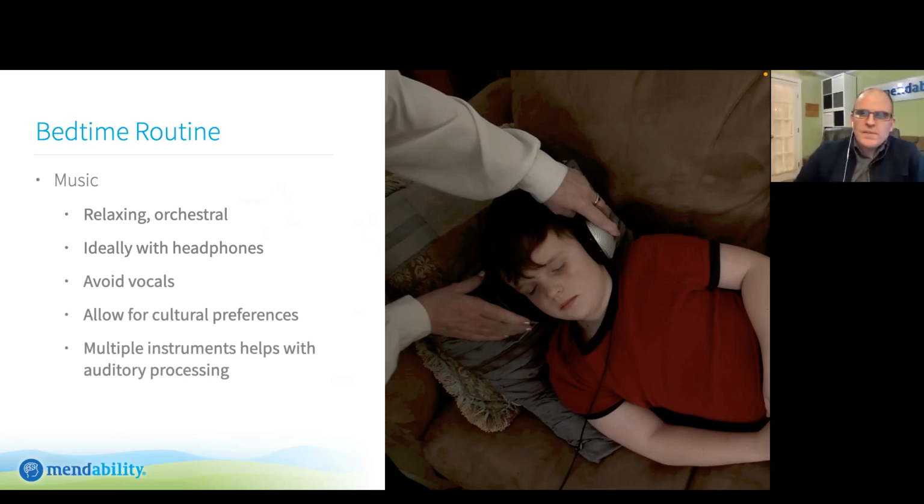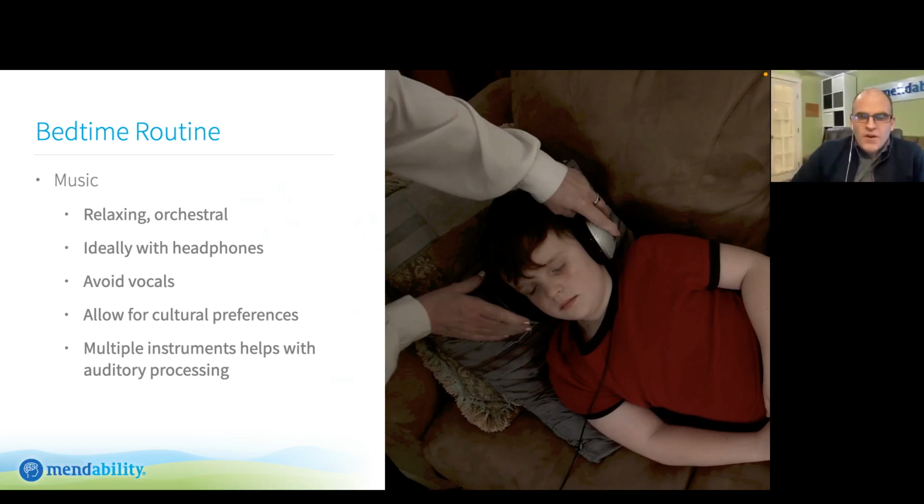This is a cool one about music. Maybe I should stick with it. We have a lot of questions about, oh, what kind of music should it be? Does it have to be headphones? Remember the video instructions that we show our parents show an actor who's very compliant and will do whatever we want him to do. So we always show the ideal version of the exercise, but the ideal almost never happens.